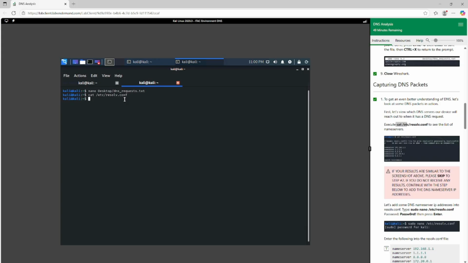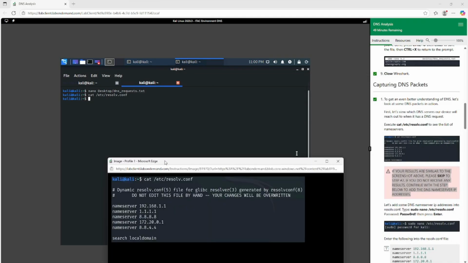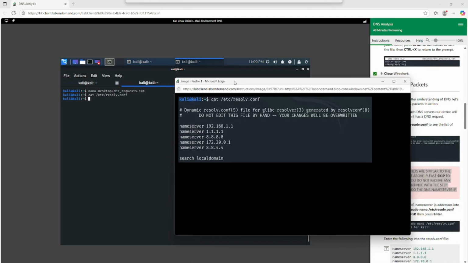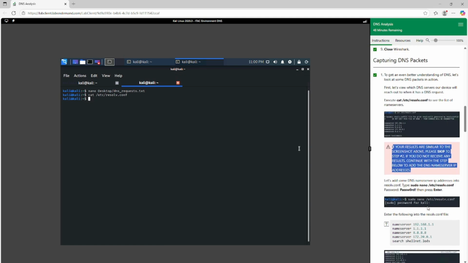Unfortunately, nothing. The content is empty. So if you see this says, if your results are similar to the screenshot above, please skip to step 2. If you do not receive any results, continue with the step below to add the DNS name server IP addresses. So this is what they're talking about, the screenshot. We expected to have this. Unfortunately, our request came back empty. So we're going to go ahead,